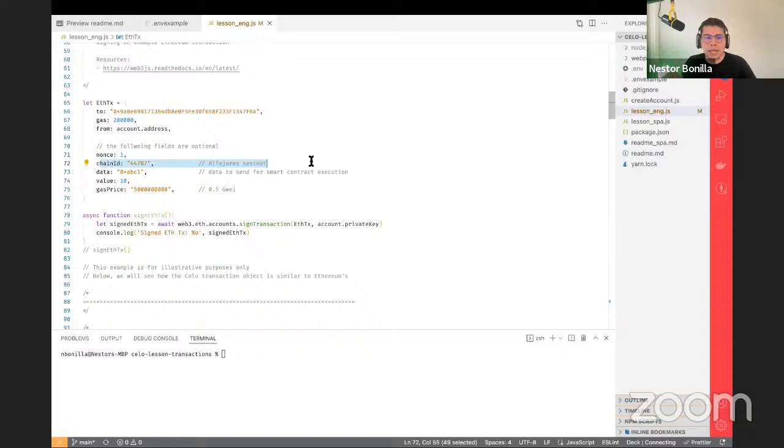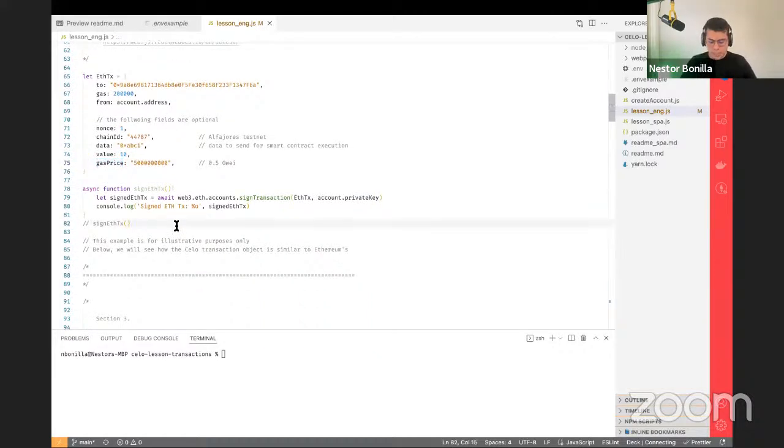Every chain, it could be Ethereum, Celo, or whatever other blockchain, has a unique ID. So for Alfajores it is 44787. We could send some data if we are going to interact with a smart contract, and we can send a value. And of course, we need to put the gas price.